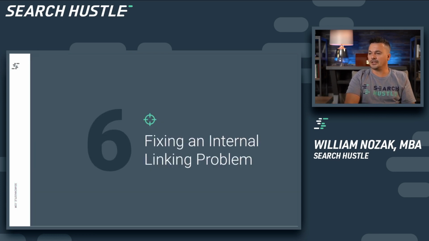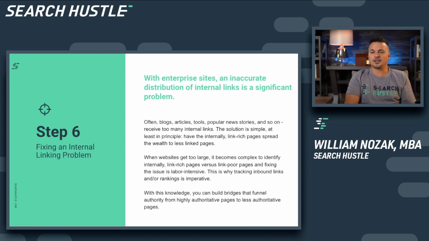Fixing internal linking problems. Enterprise sites are super large. You've got years and years of content, pages, rebuilds, different CMSs that were used with different ending languages, from trailing slash to .html. And so these internal link structures have to be taken care of. They have to be manicured and cleaned. They need to be tracked in a document. There need to be crawls done with Screaming Frog to look at 404s. There need to be crawls done with something like SEMrush or Ahrefs to see